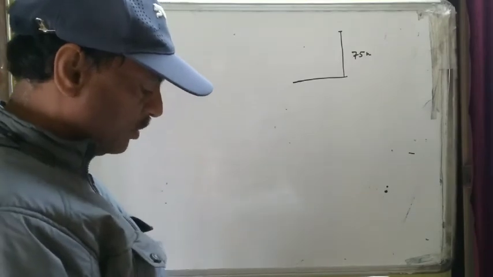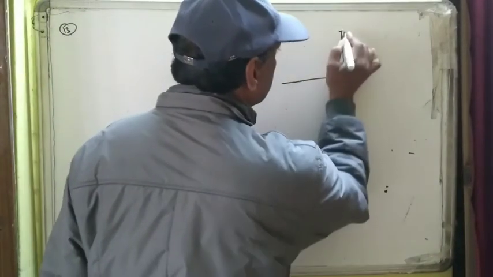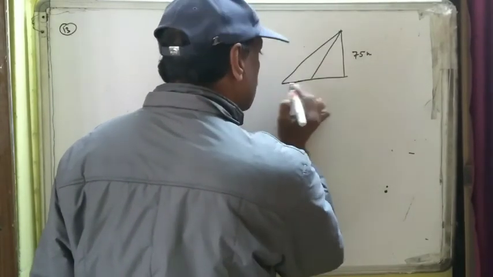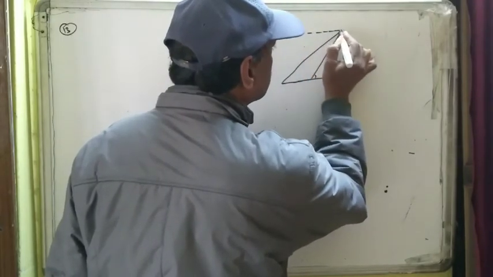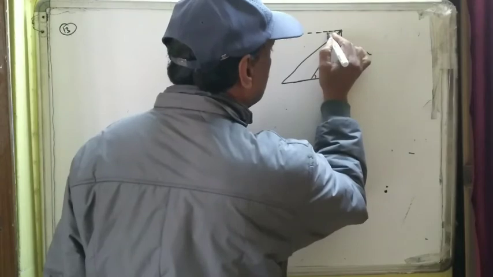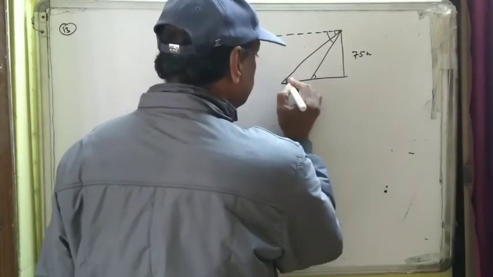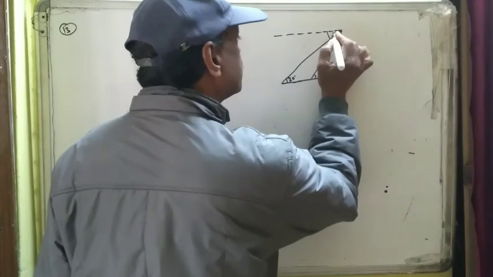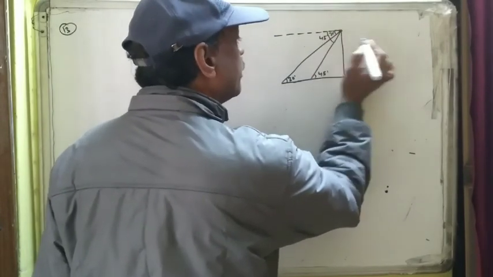Angle of depression of two ships are 30 and 45. Angle of depression is there. Depression will be like this. Two ships. Angle of depression will be drawn in this way. This angle and this angle. So angle of depressions are 30 and 45. This angle is 30 degree. This will be 45 degree. Right? This angle will come from here. 30 and 45.